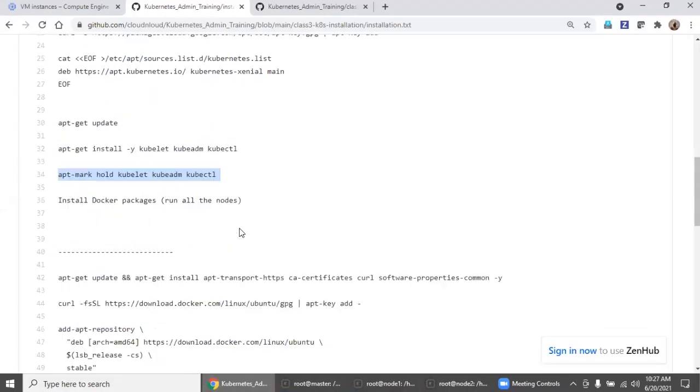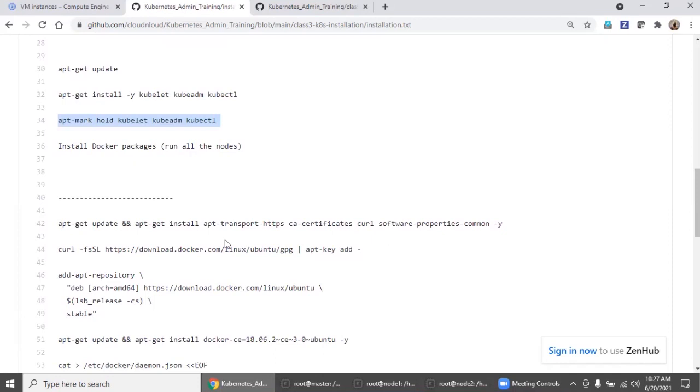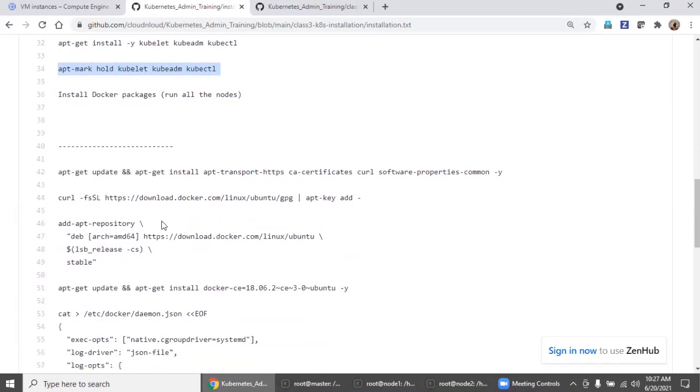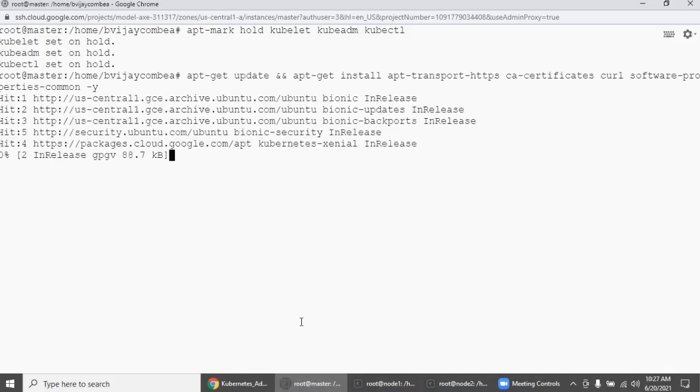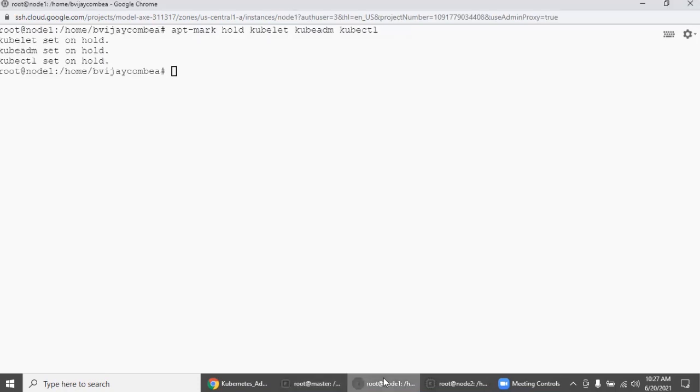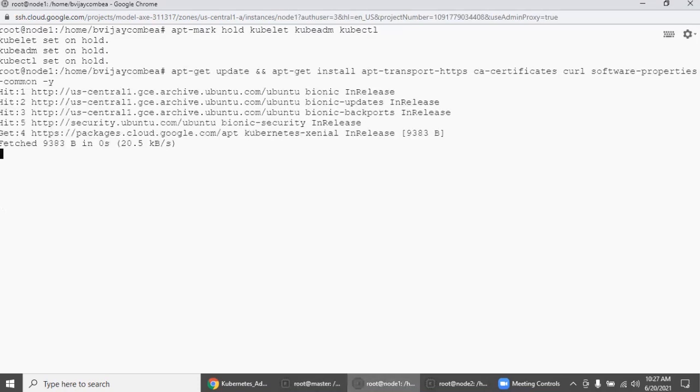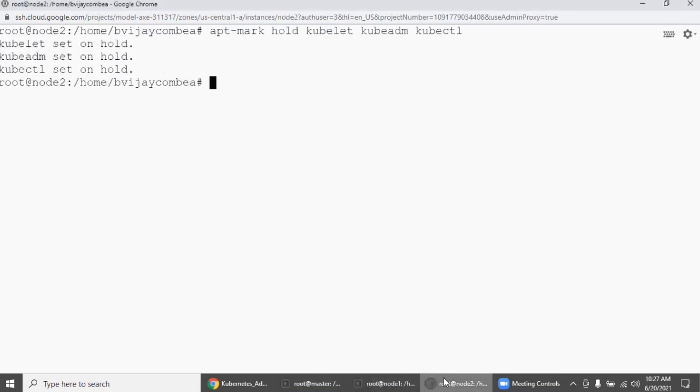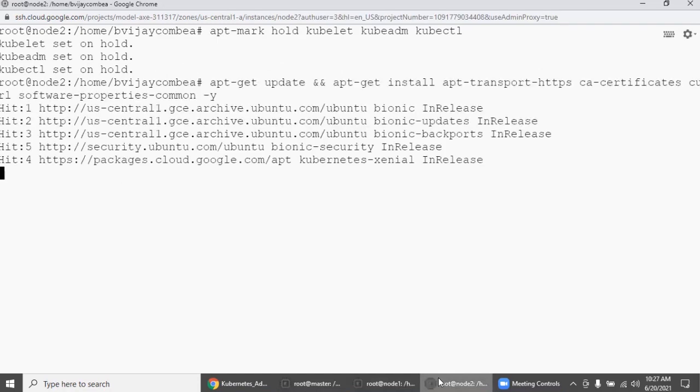Okay, and then come down. Again, for the next section, you need to install on all 3 machines, master as well as node 1 and node 2. So copy this and go to the first machine, I'm pasting it, go to the second machine, I'm pasting it, go to the third machine, the worker node, I'm pasting it.